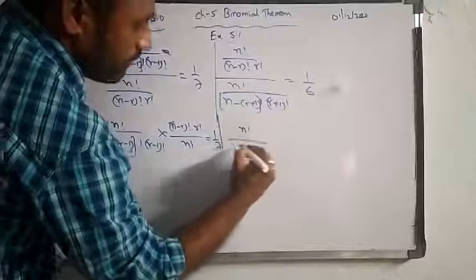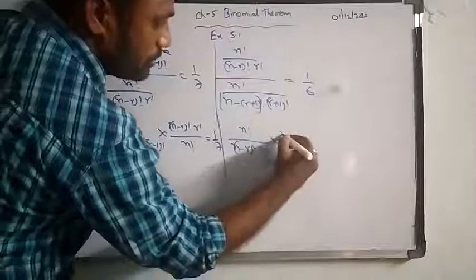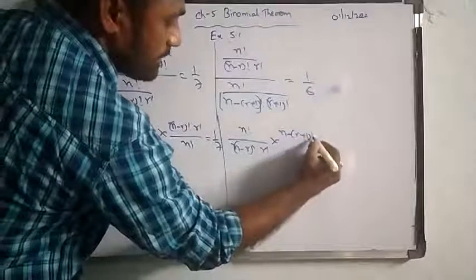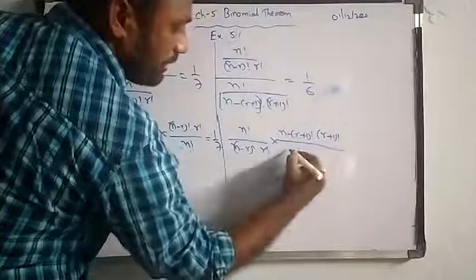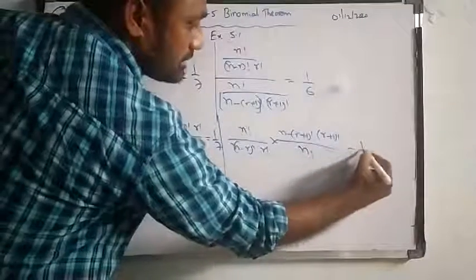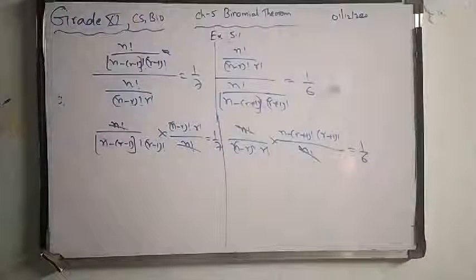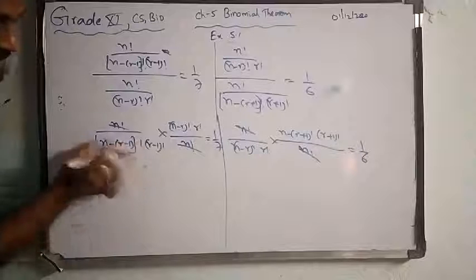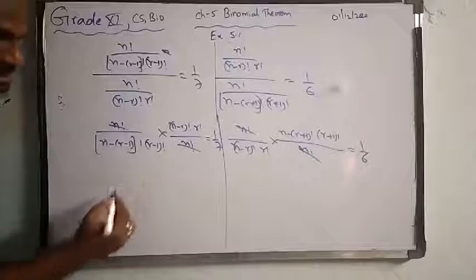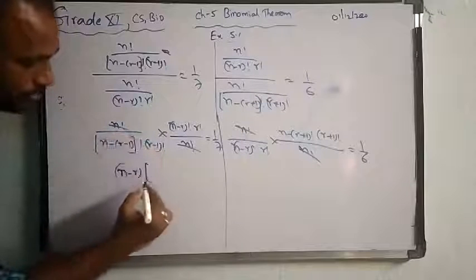In a similar way here also, n factorial by (n minus r) factorial into r factorial into (n minus r plus 1) factorial into (r plus 1) factorial by n factorial is equal to 1/6. n factorial gets cancelled. Now if you observe these two terms, (n minus r) factorial and (n minus r minus 1) factorial, this can be written as (n minus r) into